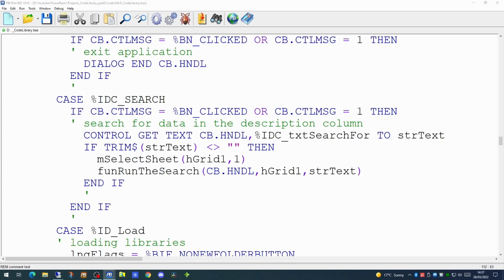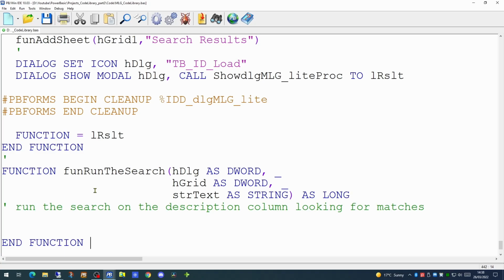So let's set up this new function to run the search. Here we are creating the new run the search function, setting up our 3 parameters: the dialog handle, the grid handle, and the text the user is searching for. What we're going to do here is create 2 arrays: one array which will contain the information that's currently on the library grid, and a second array to hold our results.